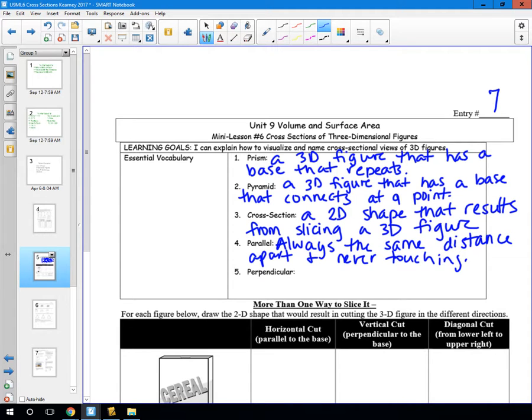Perpendicular actually slices through, and it creates a right angle. So quickly, let me go to the side. We have parallel. They never touch. And perpendicular does actually the opposite. We have a line, and we take another line and we slice exactly through it so that it creates a right angle. So perpendicular